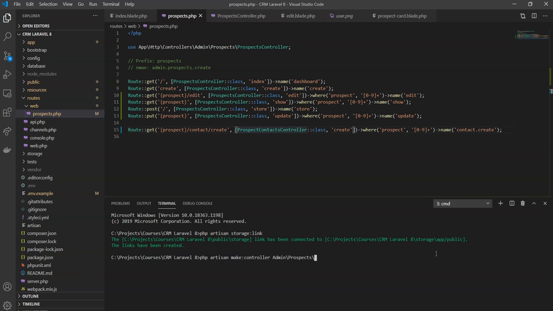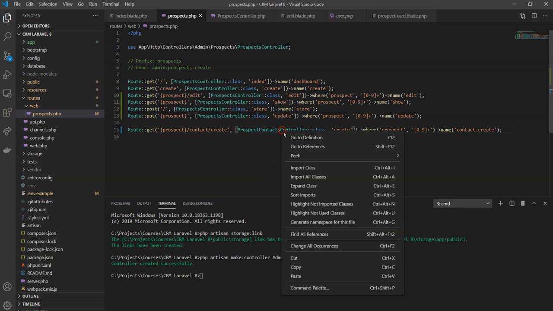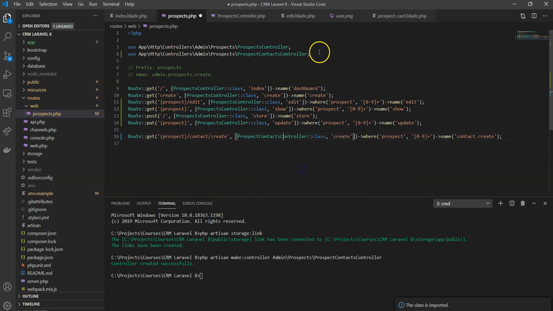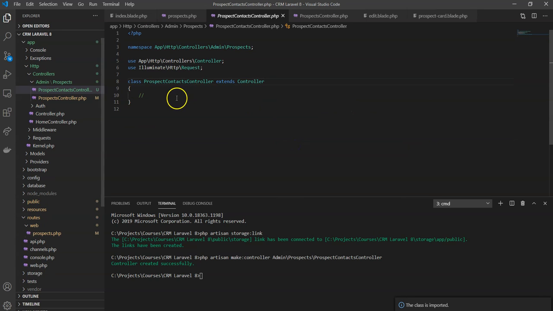Prospects. So admin prospects, and then we'll say prospect contacts controller. Okay, we'll go ahead, we'll import that up here so it looks like this, right? And then we'll actually go to that definition. We'll say public